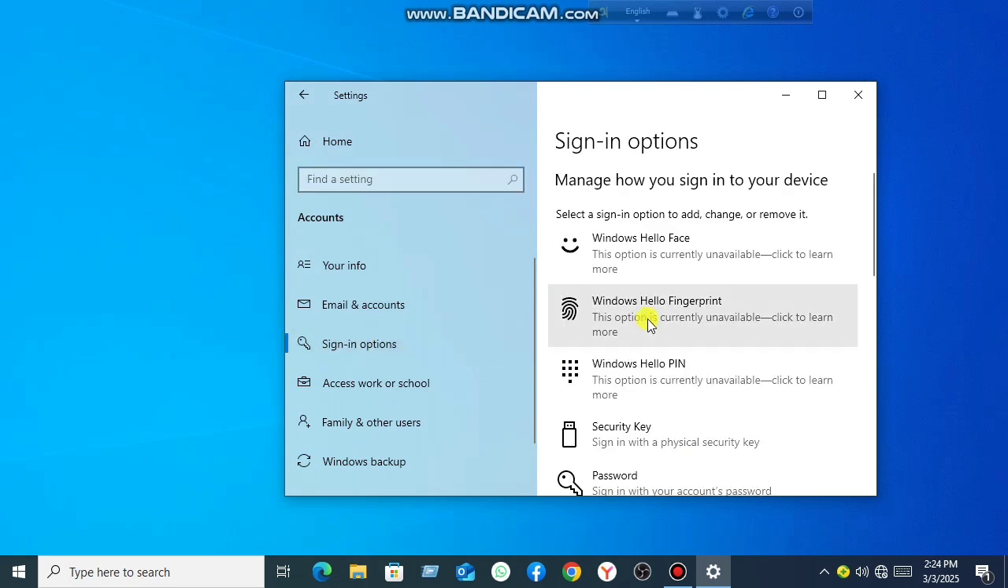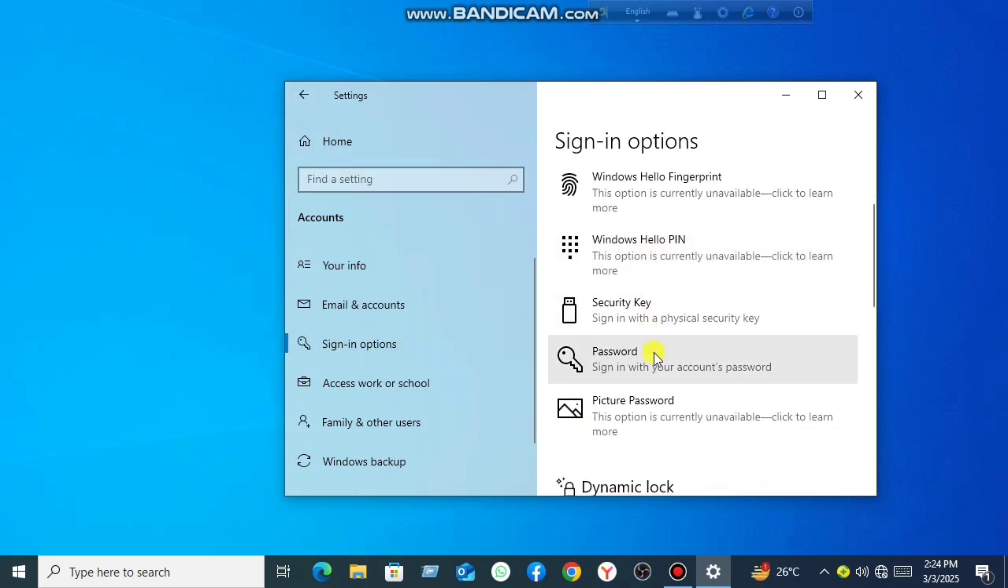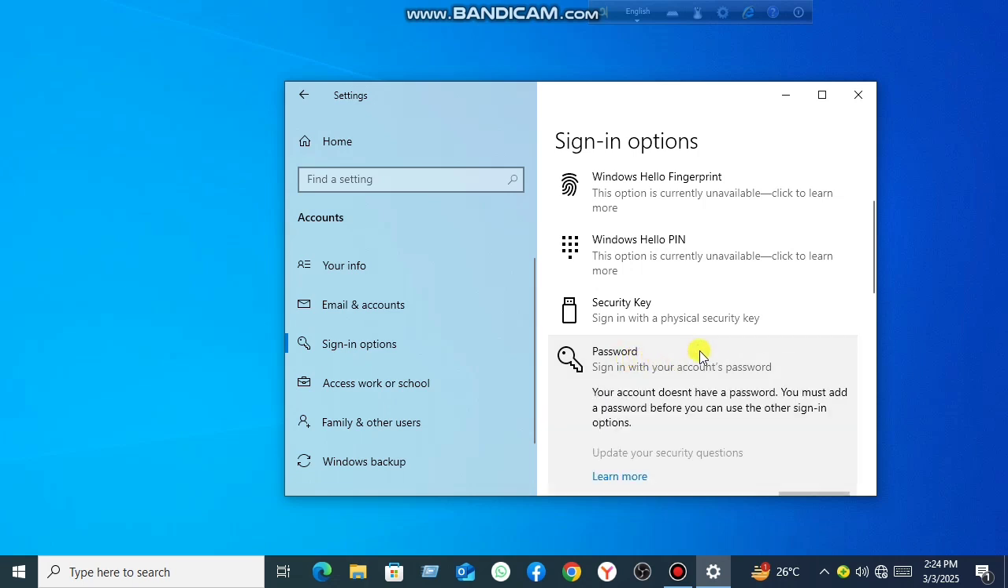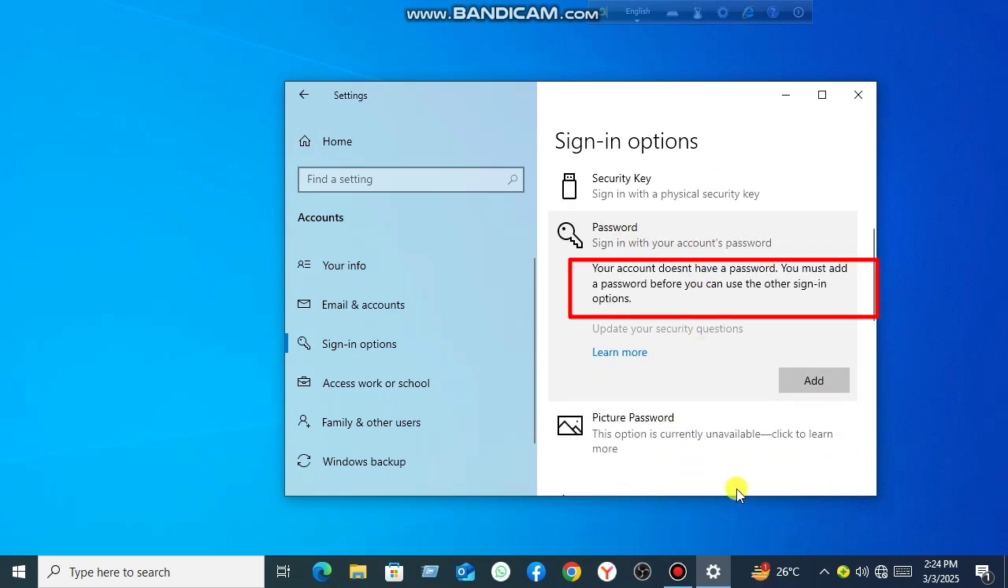In the right menu you will be taken to that screen, where you can easily find Password. You can click on it. And on my screen it says that your account doesn't have a password. You must add a password before you can use the other sign-in options. All we have to do now is just click on the Add option, and that's where we can create a password